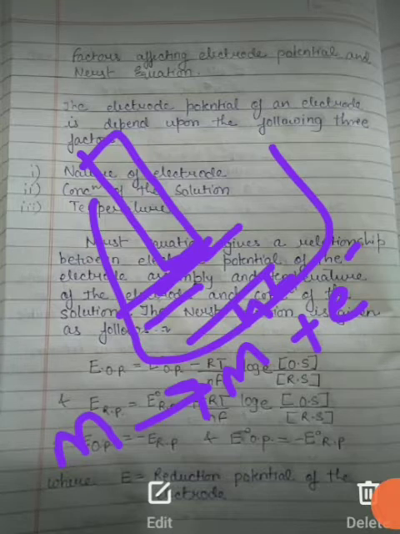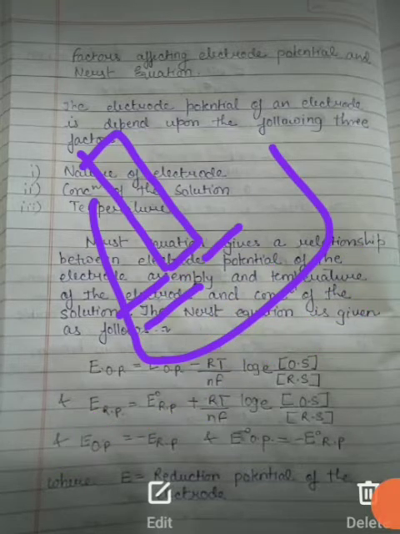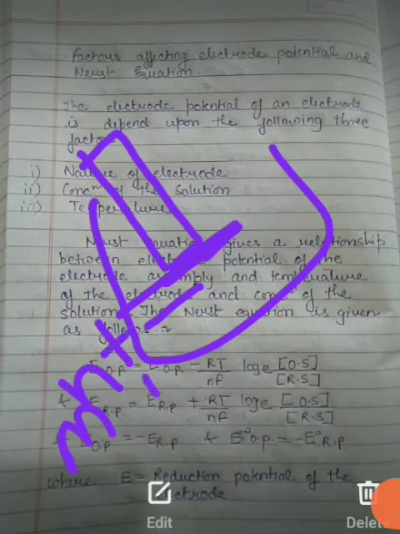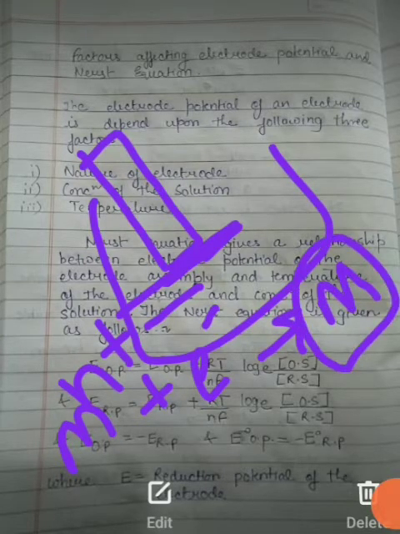Similar will be the case for reduction potential. Assume this electrode is one where reduction is taking place. Here also the potential difference developed at the junction of the electrode and solution surface is called the reduction potential. Basically, what is reduction? That is gain of electrons. So here the metal gains electrons, and the oxidation state is reduced, or you can say it gets reduced.